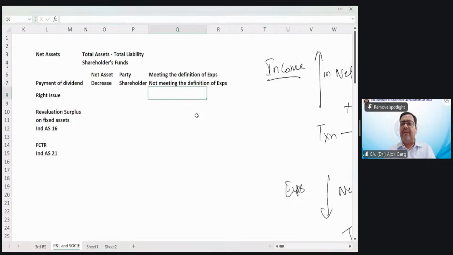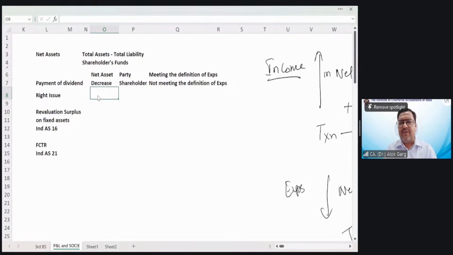If it is not meeting the definition of expense, will it become part of the statement of profit and loss? Answer is no. Where will it go? It will go to the statement of changes in equity, in the retained earnings movement, in the reserves and surplus movement. Right issue. By making a right issue, whether your net assets will increase or decrease, your net assets will